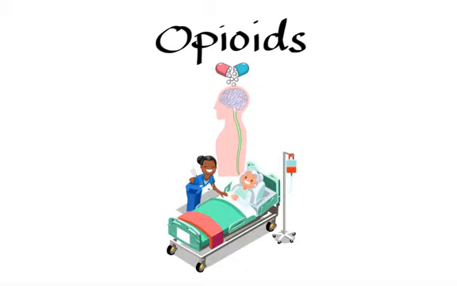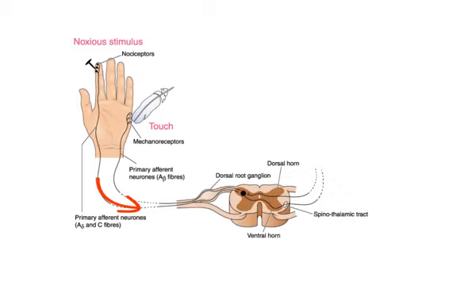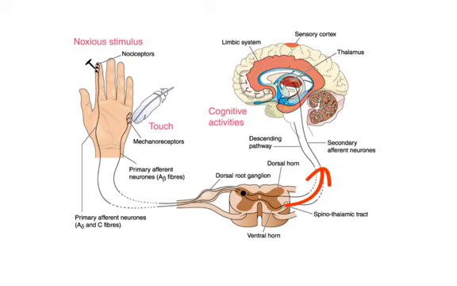Now, in order to gain better understanding of their mechanism of action, first we need to talk about the transmission of pain. So, pain begins at the nociceptors, which are simply the branching ends of sensory neurons found within the peripheral nervous system. These high-threshold primary sensory neurons respond to damage to the body by transmitting the painful stimulus to the second-order neurons in the dorsal horn of the spinal cord. From there, the signal is carried through the spinothalamic tract to the thalamus, and then to the somatosensory cortex where